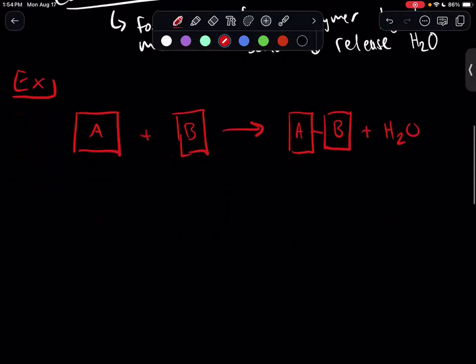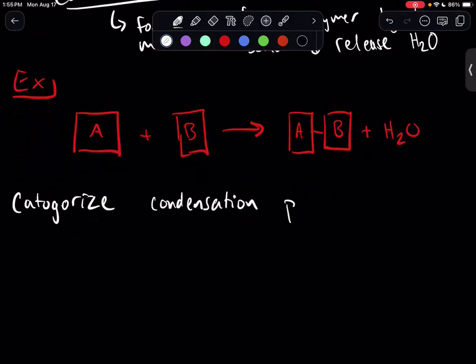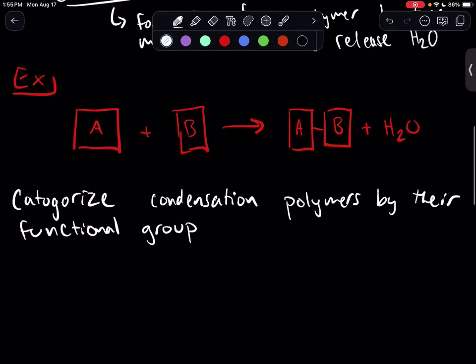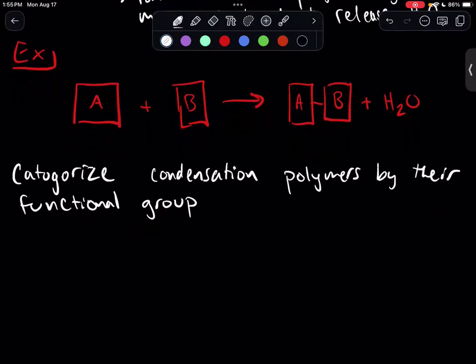Now, we generally categorize condensation polymers by their functional group. So it's helpful to know our functional groups, specifically the functional group formed when they create their bond, so after the condensation reaction. Now, with that, we're going to start with our first one, which is actually a series of